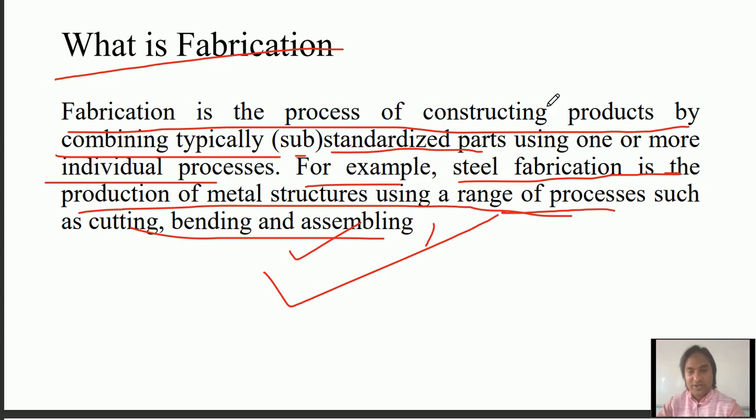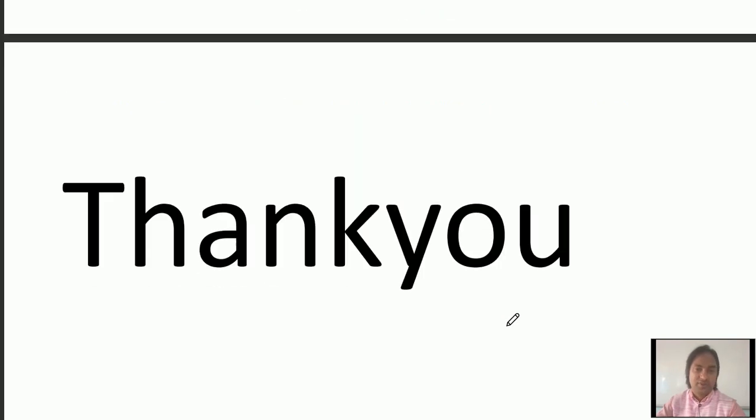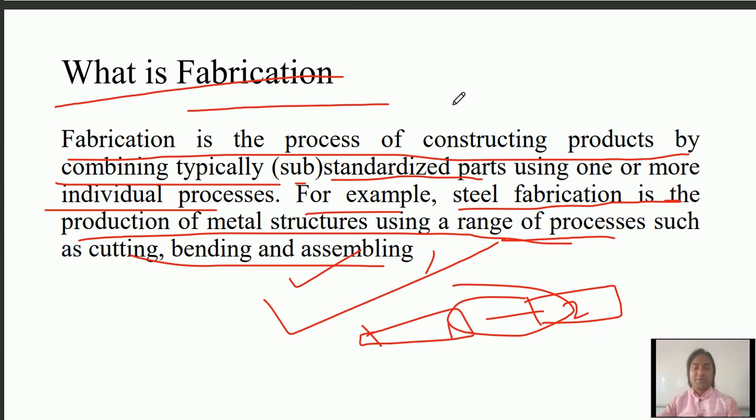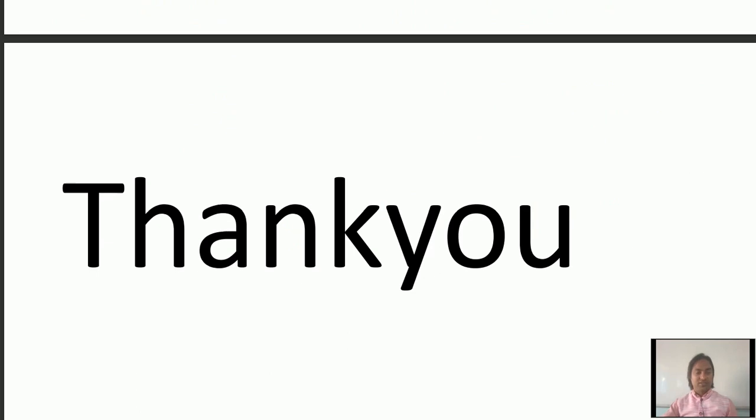So actually what you are doing here, you are having part 1 already made, part 2, and then either they are substandard parts and then you join them either with the help of glue or rivets, nut and bolt, or with welding like this. So actually what we are doing is fabrication of the parts. So here I am finishing all these.